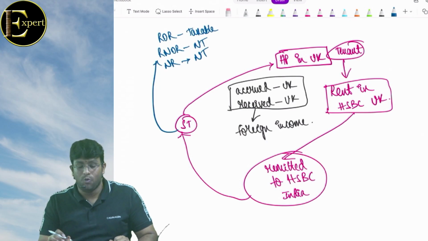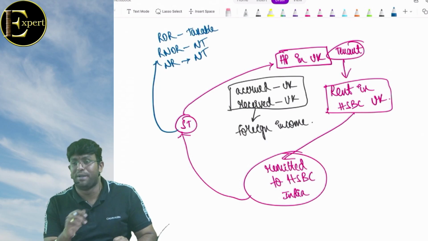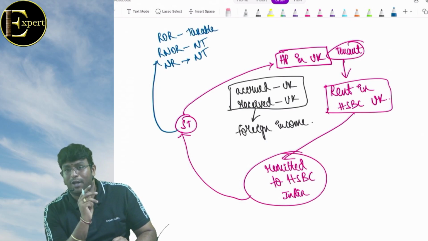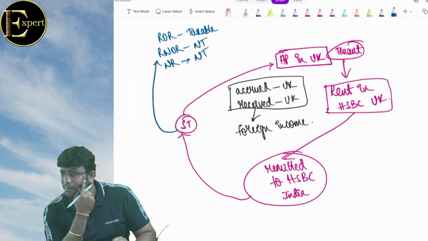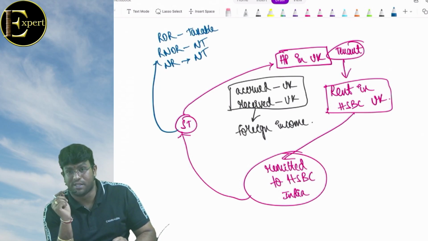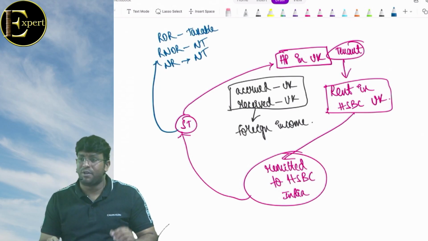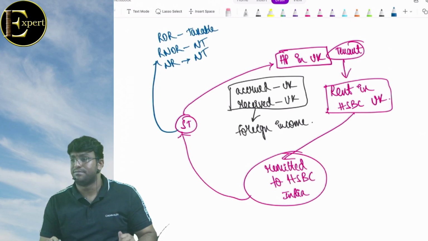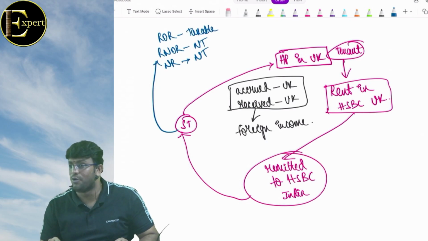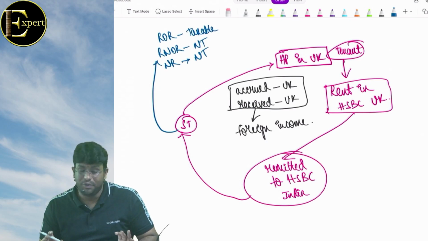Everybody, what if this is not house property income, but it is business income, which is controlled from India? ROR same, NR same, but RNOR will become taxable because RNOR is taxable on foreign income in two cases. Number one, business income which is controlled wholly or partly from India, professional income which is set up in India. Yes or no, friends? Everybody getting clarity, all of us? Fully clear with this point?